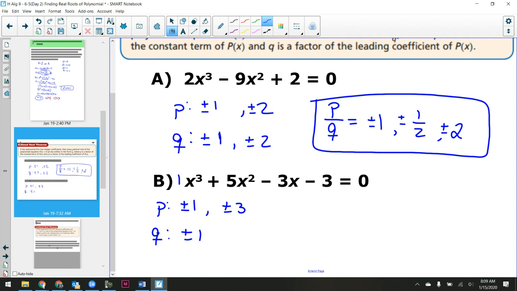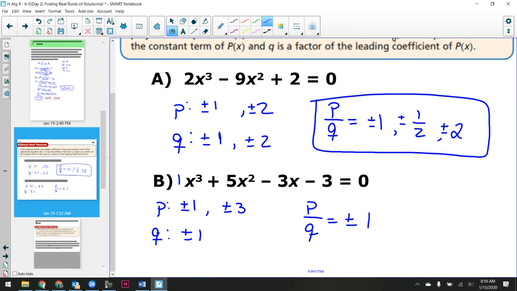Remember when we were factoring, I'd written it on the board, but I've since erased it. When we're factoring a hard-type trinomial, what do you do to get the possible factors? Take first times last, right? So there's still this idea of the leading coefficient and the constant term playing a role in our factors. What we're doing is kind of working backwards, so we actually have to divide them, P divided by Q. So P divided by Q is going to be 1 over 1, both positive and negative,